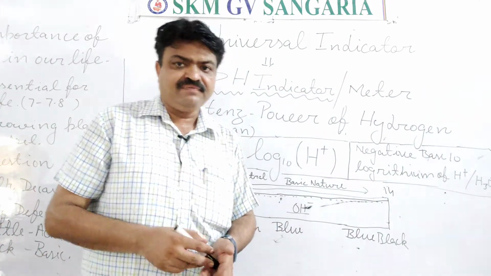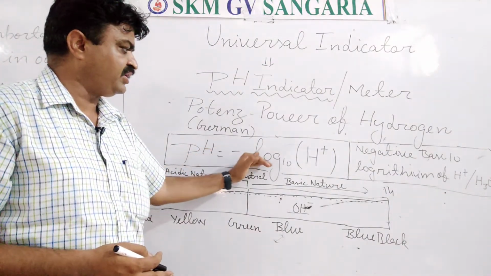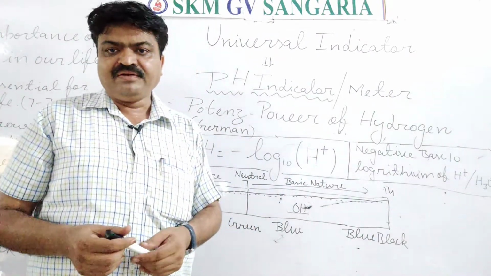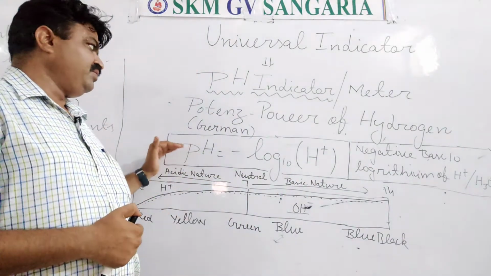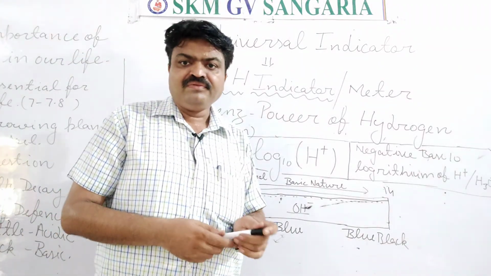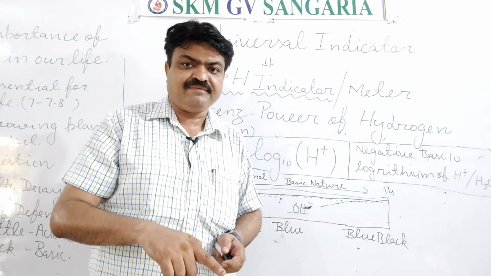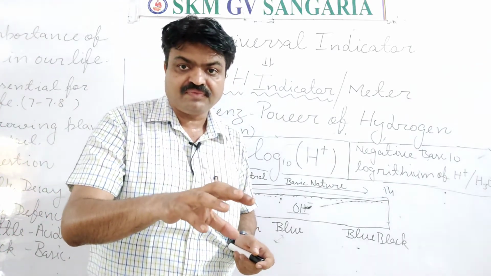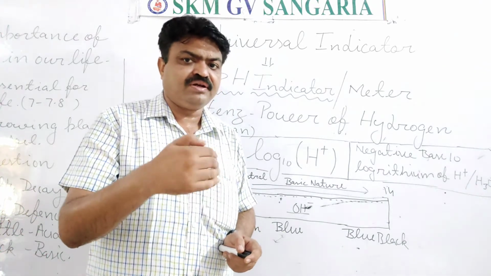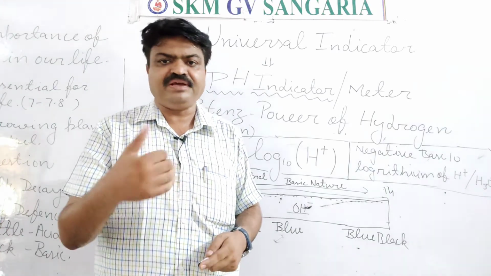And the formula that you will use in this is pH equals minus log 10 in bracket hydrogen ion. This formula you can write. And what definition can you write? The indicator from which we can know the concentration of hydrogen or hydroxide ion in the presence of a chemical substance. That particular scale or indicator is known as the pH scale or pH indicator.